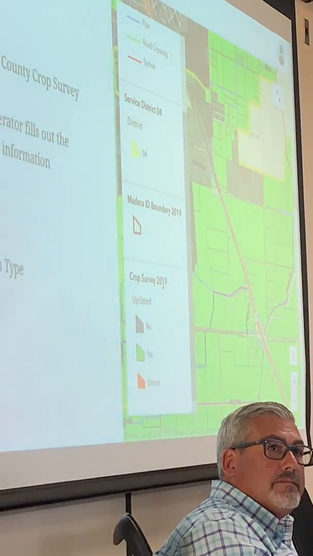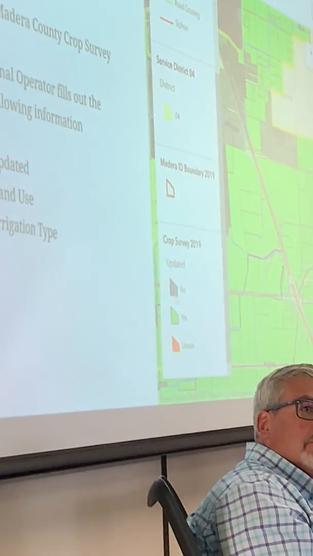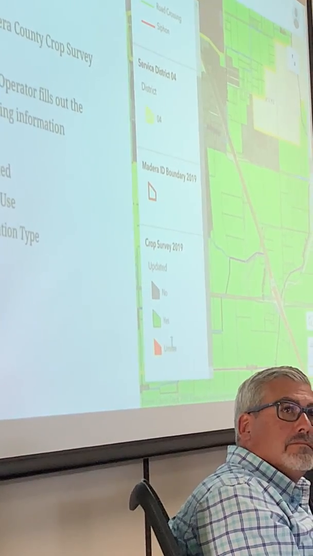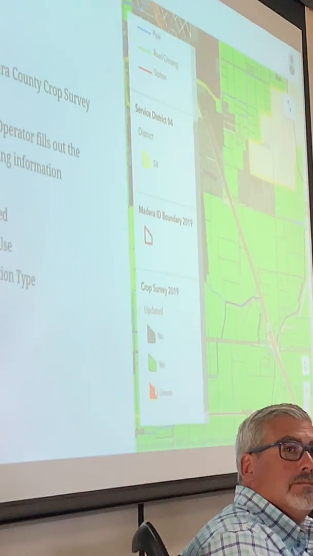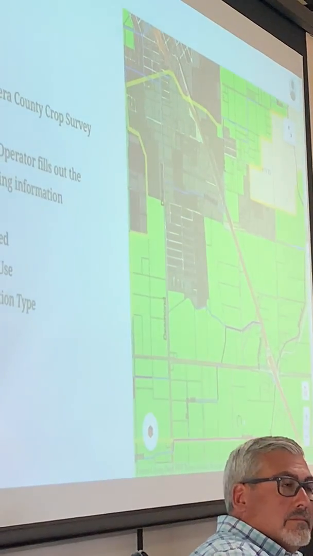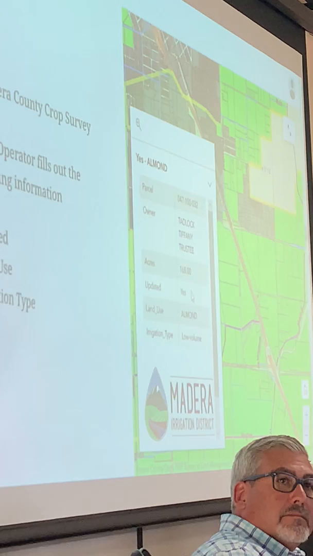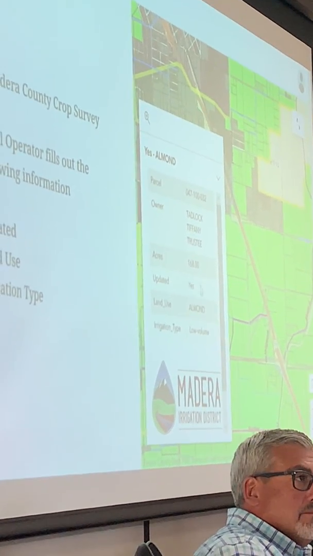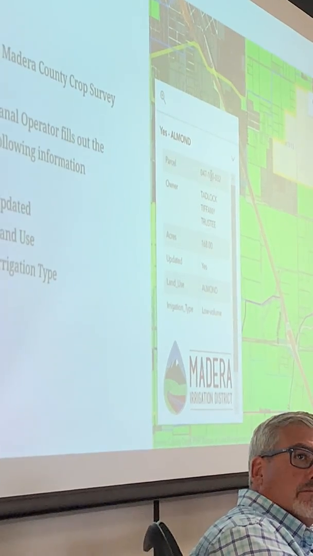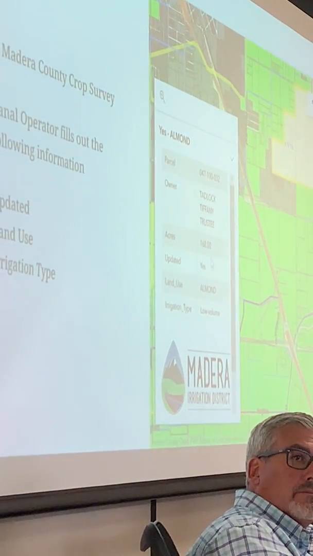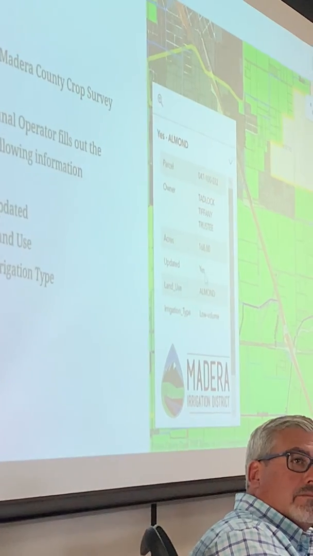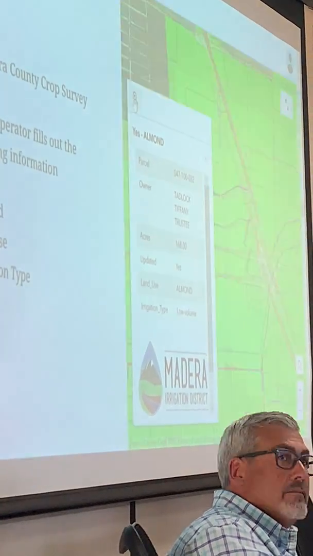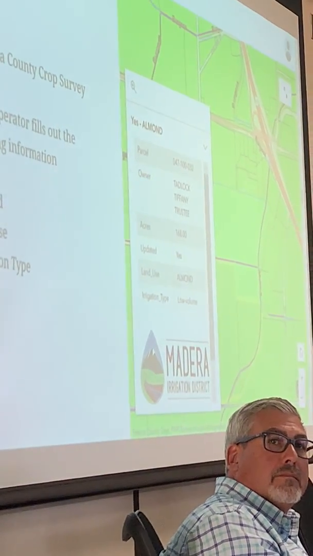On an iPad, it's more mobile friendly. So you see the legend here. If the canal operator was unsure of how to classify it, they would classify it as unsure. That would show up as red on the map, and then the engineering department would go out and correct that. So you can see here, they had access to the parcel number, the owner information, the acreage, as well as updated yes or no, land use, and irrigation type. So that's one example of